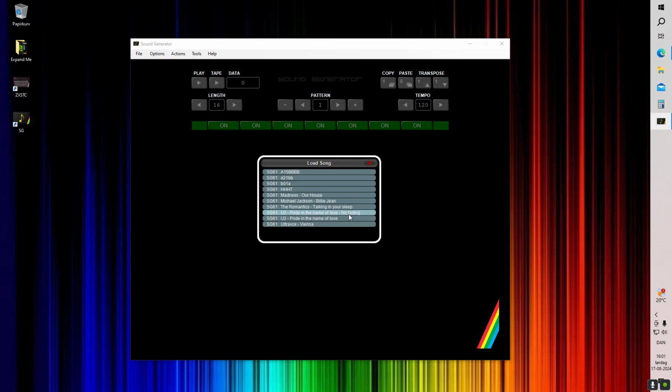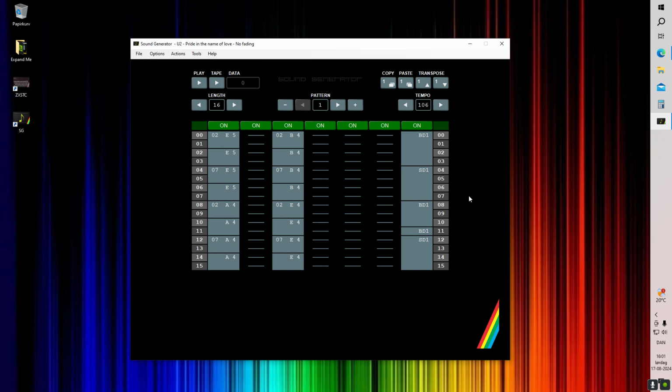We load a file, a song, and if I press the play button, you can see how much data it's used, and it's only data. The code for the Sound Generator is about 8K, and that seems a lot, and it is.